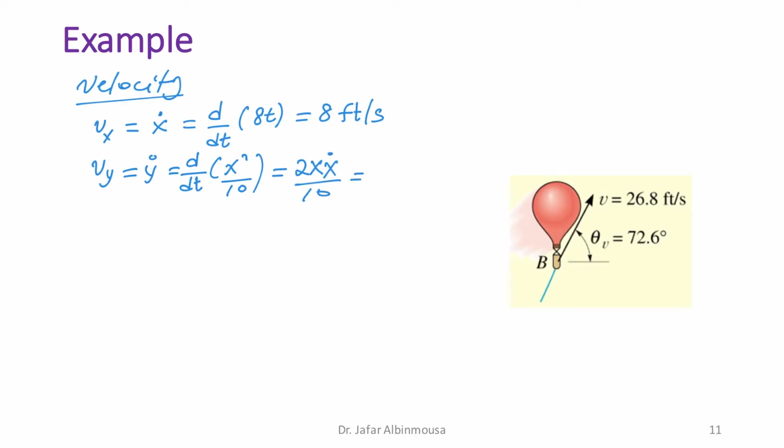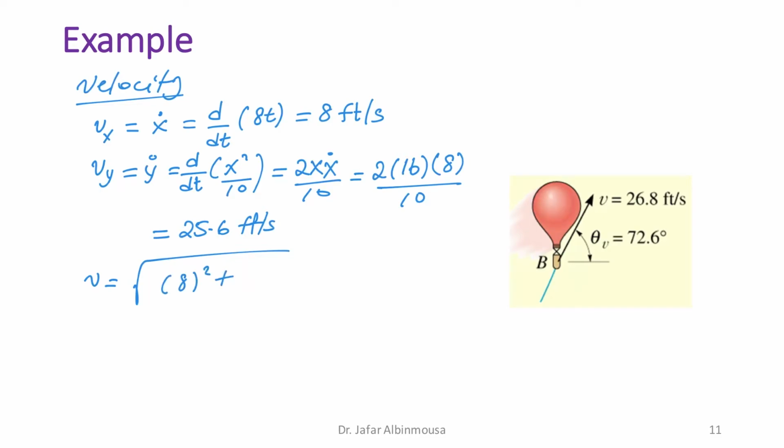And for that, you will have 2 multiplied by x from the previous slide, at 2 seconds equals 8 multiplied by 2, which is 16. And then we have the x dot, which we already calculated. It was 8. And this one is divided by 10. So we will get this equal to 25.6 feet per second. Now, to get the magnitude, we need to square both components, which is 8 squared plus 25.6 squared,